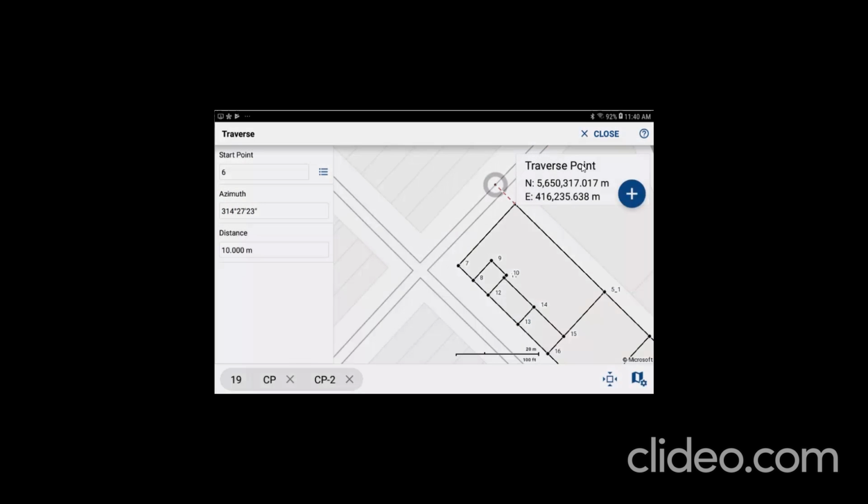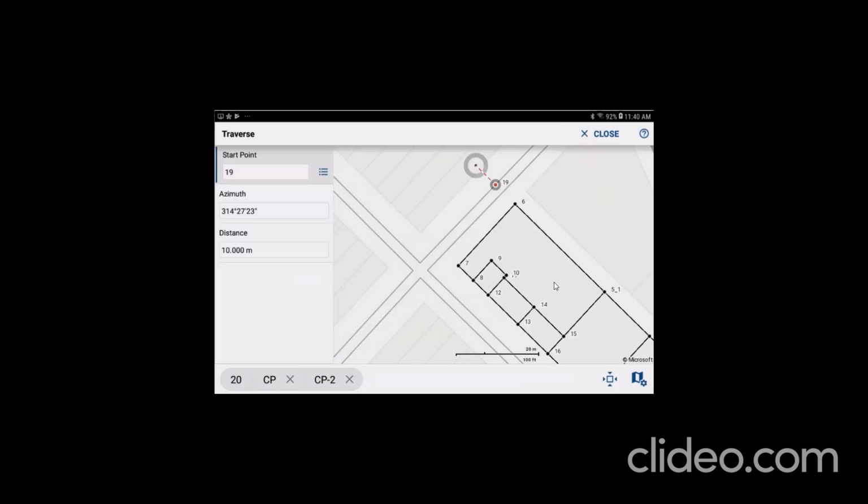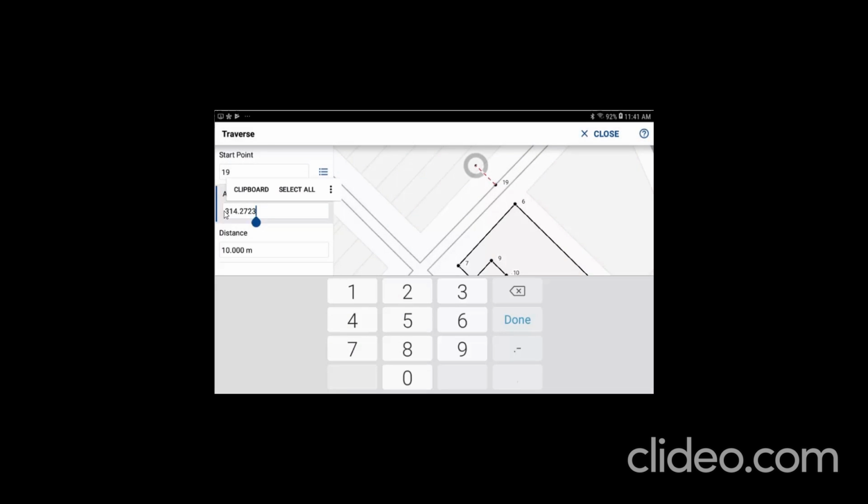You can see the traverse point, the location, and you can see it on the map as well as the inputs in the data panel, and click plus to add this point to the points database. As you can see, we now use point 19 as the starting point for the next part of the traverse, but what I'm going to do is change the azimuth here